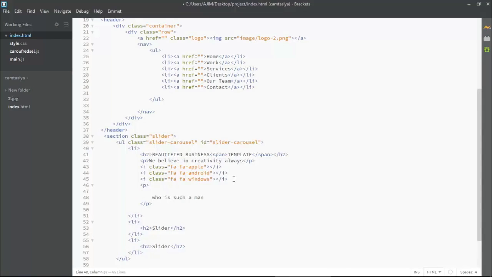For taking dummy text, you can go to Lorem Ipsum. There you can download the Lorem Ipsum dummy text and put it here, but here I am putting it manually. Who is such a man? This is the dummy text I am putting here.